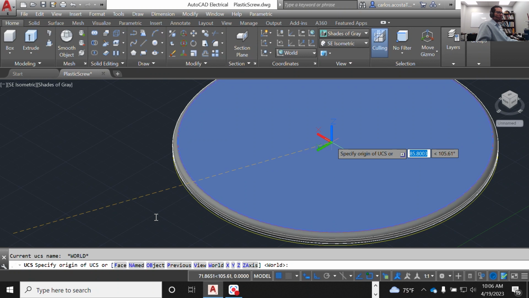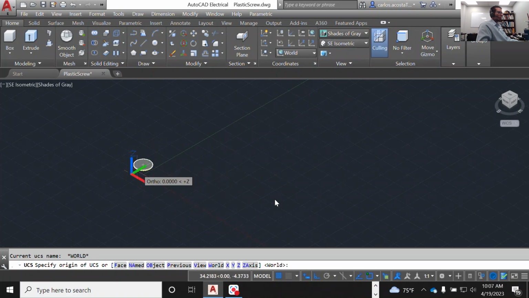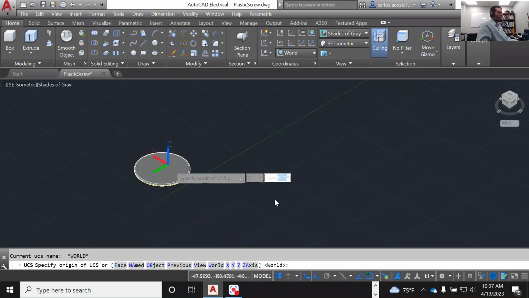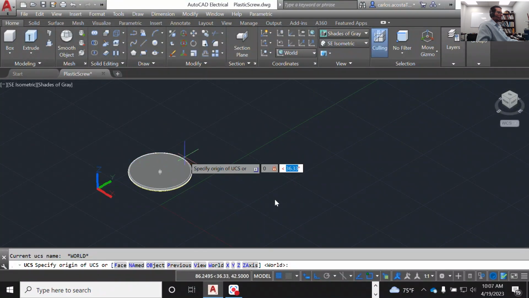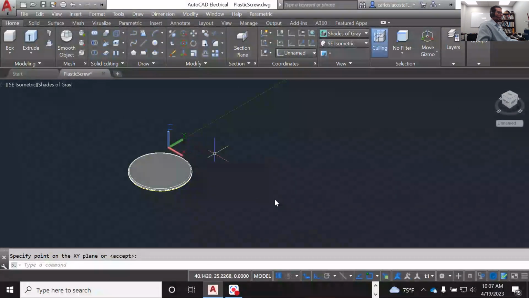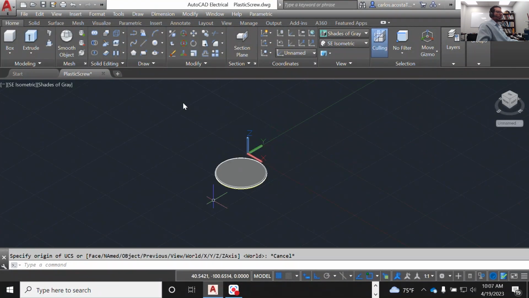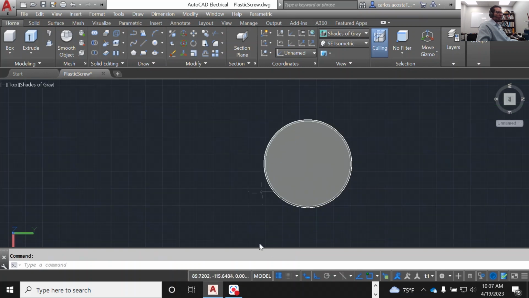Okay, so it's going to be 0 and okay, so now if I go to my top view, I'm able to